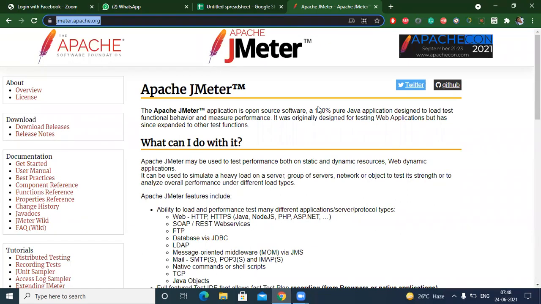Okay. So J stands for Java in JMeter, because the tool is completely written in Java. So if you want to run the tool, you need Java in your system. And it's from Apache, founded by Apache. Apache provides a lot of open source tools like servers, DBs, configuration, a lot of things. In the same way, this is also another tool from them. Okay, now let's go to download releases.